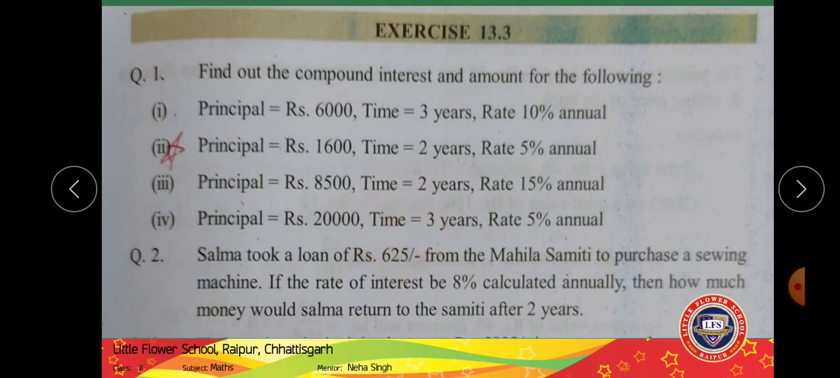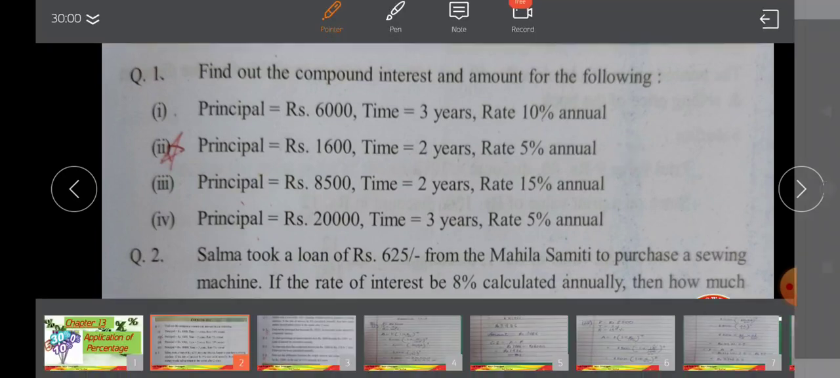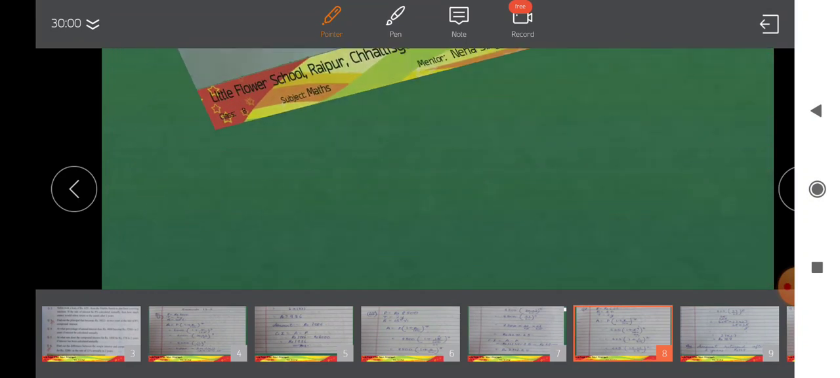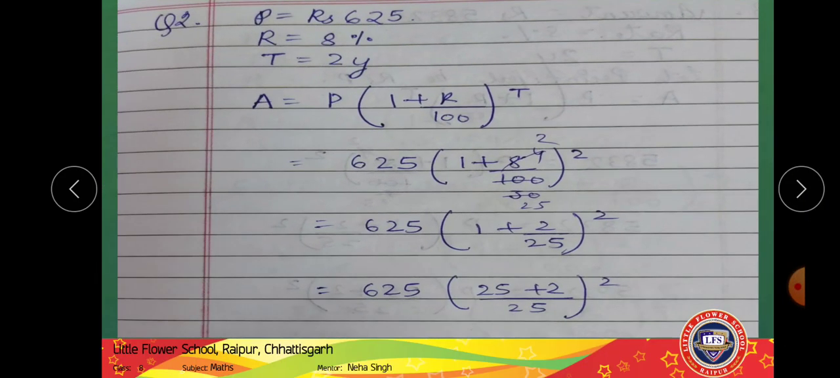The principal amount, the amount for taken loan is rupees 625. That is, the principal is rupees 625. Now what do we have to find? The amount which she will return to the Samiti with a rate of interest, right? So directly we can put the formula for amount in this. No need to find compound interest, since only amount is asked to find. So directly putting the value in the formula for amount,